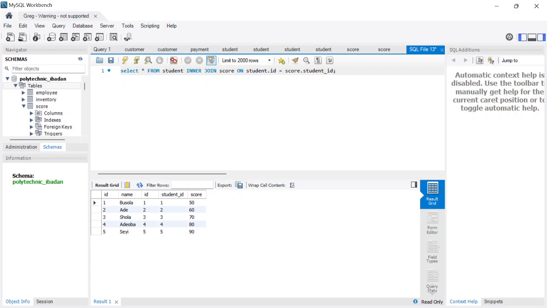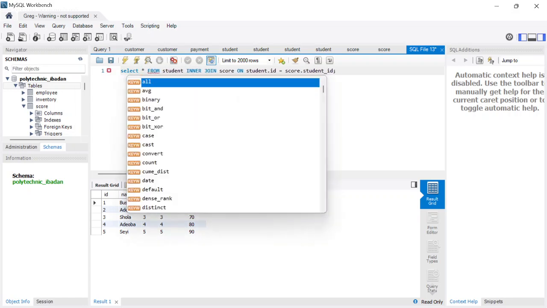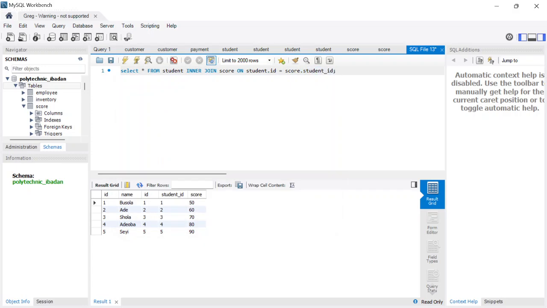The reason why you are seeing everything, I use select all. I can decide to only select just name and score, so that you do not see all these ones. You just see their score in front of them. It's very simple. Now look at me. So instead of saying select all, I'll just say select. I just say select